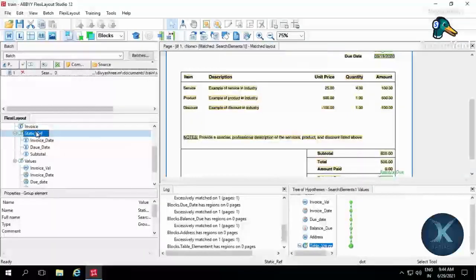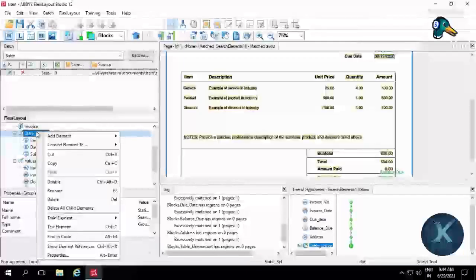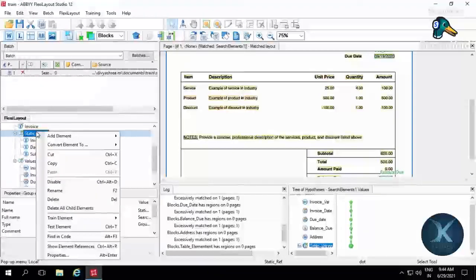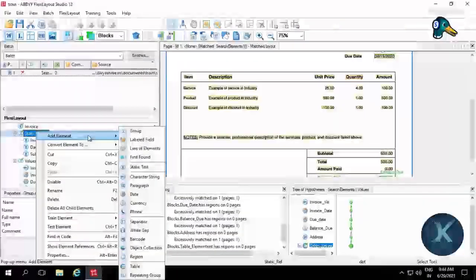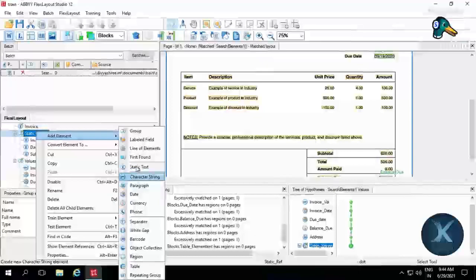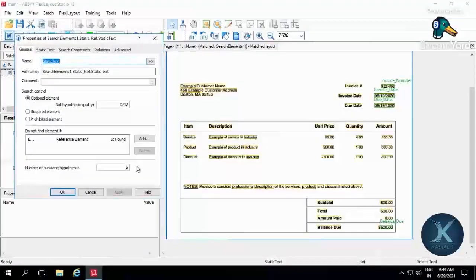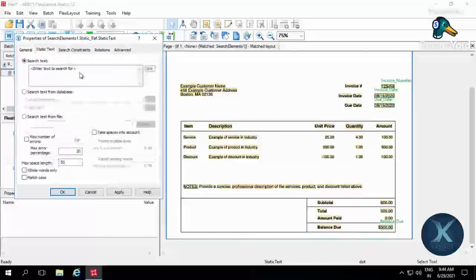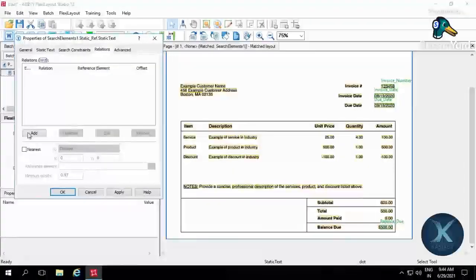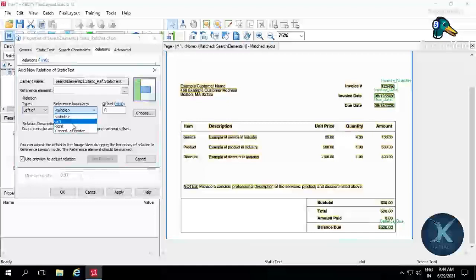If no, let's go with the extraction of the same table with the repeating group, right? So I'm just going to add a couple of the static text to take that as a reference to extraction. So I'm just going to take item 1, static text, Control A, item, whole words, add relation, left